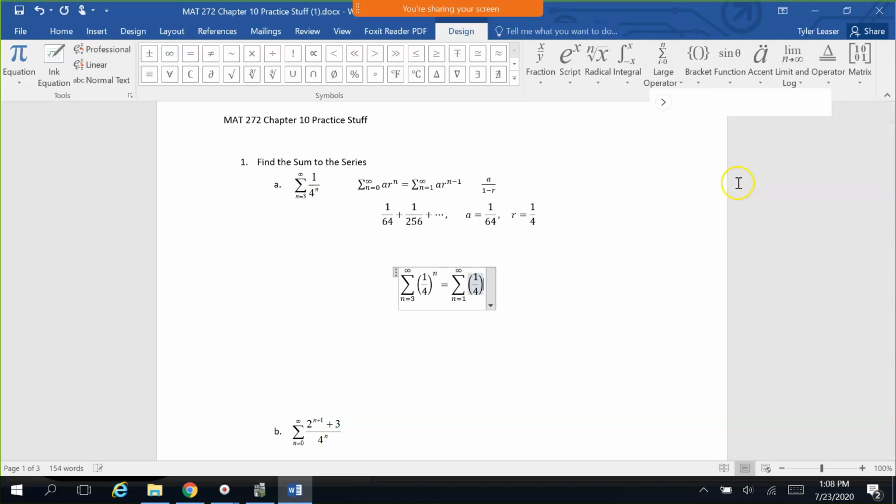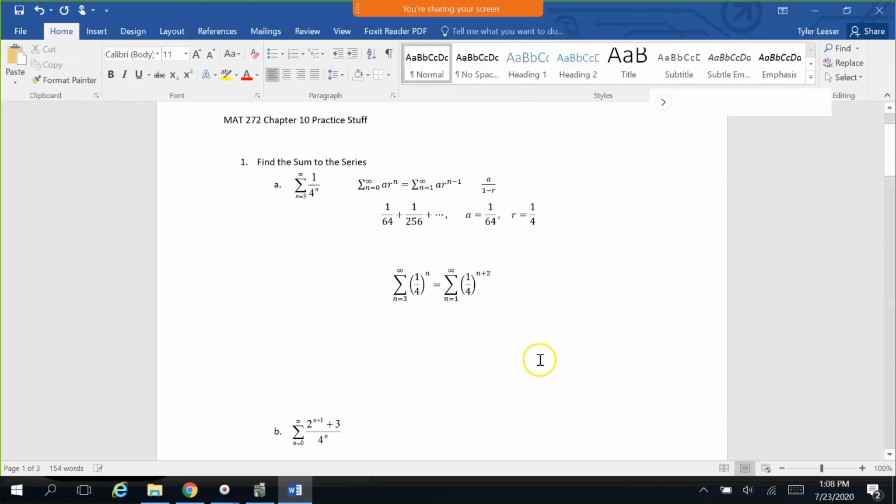That 1/4 stays, but now this n has to change. If I plug 1 into the exponent, it still has to be the same thing as plugging 3 into the exponent. So the only way to do that is to have this numerator be n plus 2. Because if I plug 1 in, I get 3, which is technically what the first index value should be. If I plug 2 in, I get 4, which is what the next index value should be, and so on and so forth. Now, this isn't quite in one of the formats yet, but I can force it to be one of the formats